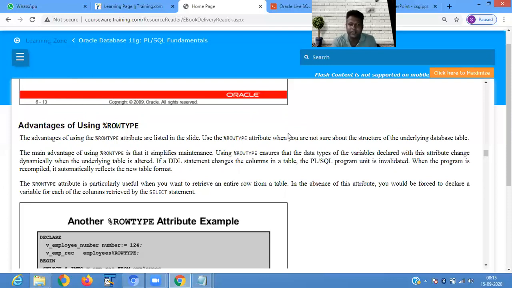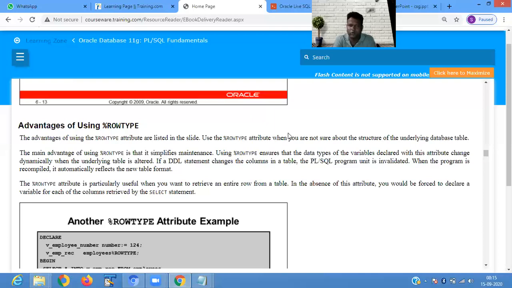The main advantage is that it simplifies the maintenance. Using row type attribute ensures that the data type of the variable declared with this attribute changes dynamically when the underlying table is altered.